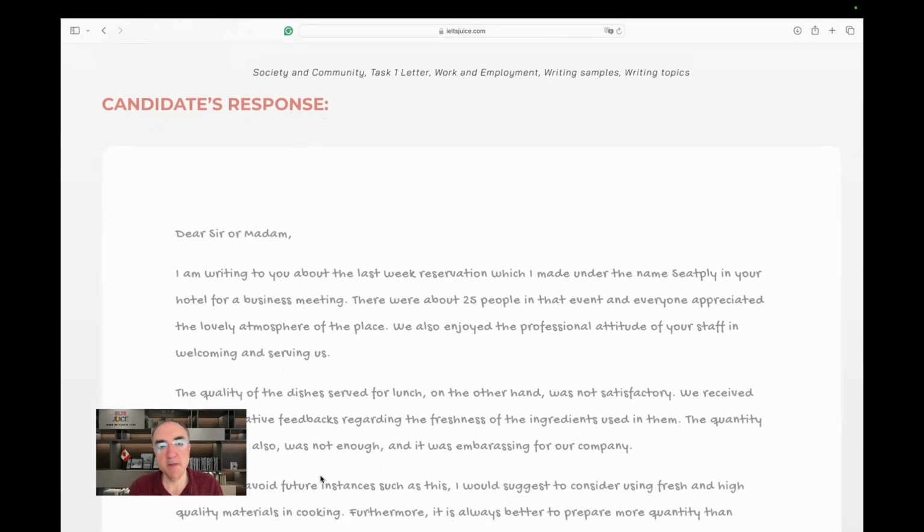On that note, let's continue reading the letter. Dear sir or madam. Well, of course, you don't know the name of the hotel manager. That's fine. And in some cases, IELTS also instructs you to start your letters with this. If IELTS tells you to please start your letter with this, like dear sir or madam, we have no choice but to start using dear sir or madam, or whatever IELTS instructs us to write or include.